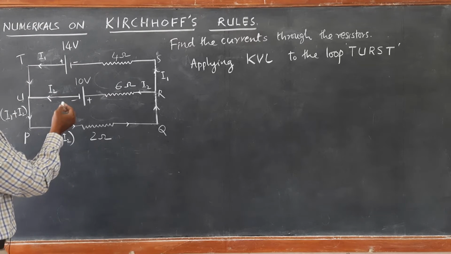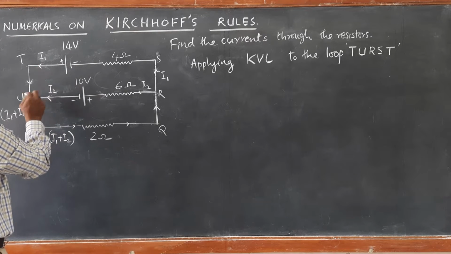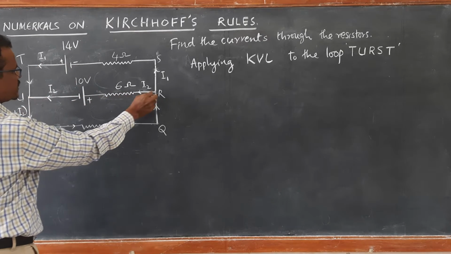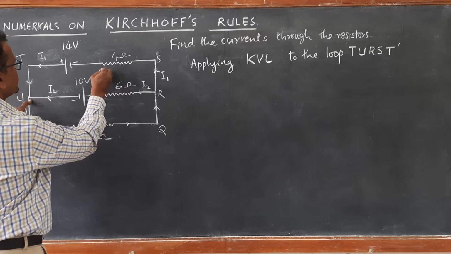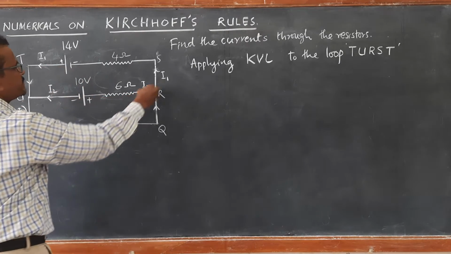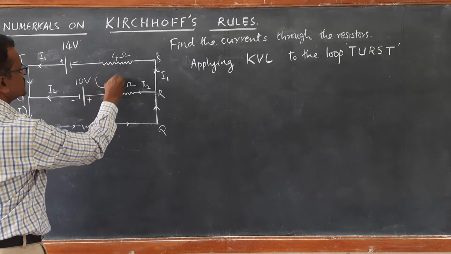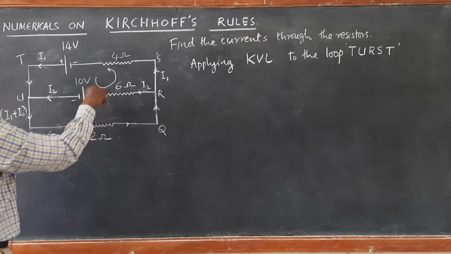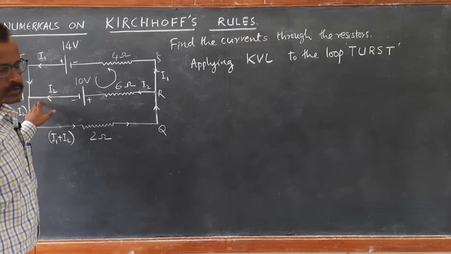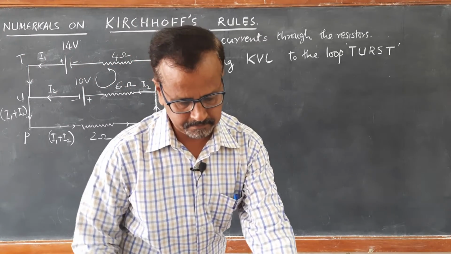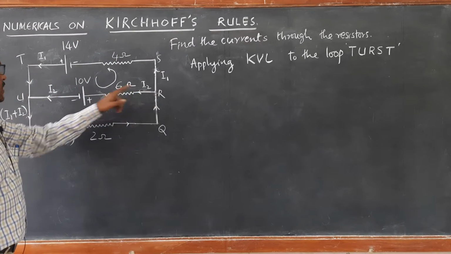Now, look at this. From T to U, there is a flow of current downwards. So, from U to R, look at this. In the entire loop, if you see, the current is in the anti-clockwise sense. So I will choose anti-clockwise sense like this. Then I can apply the voltage law. So when you apply the voltage law, you can see here the current is from R to U.